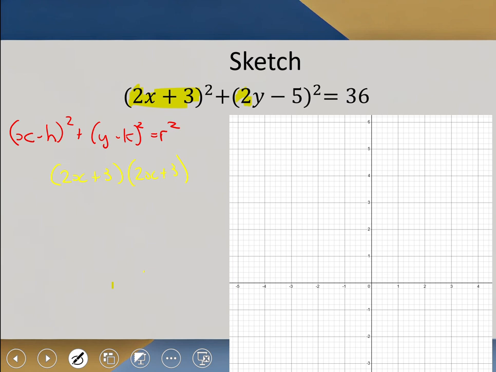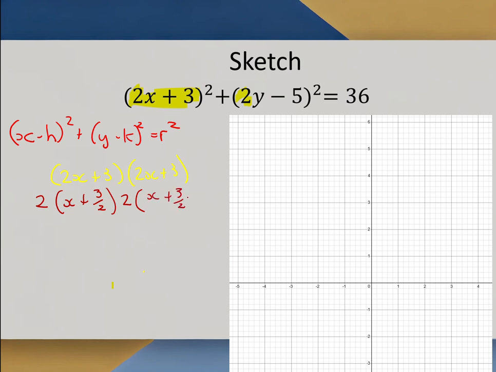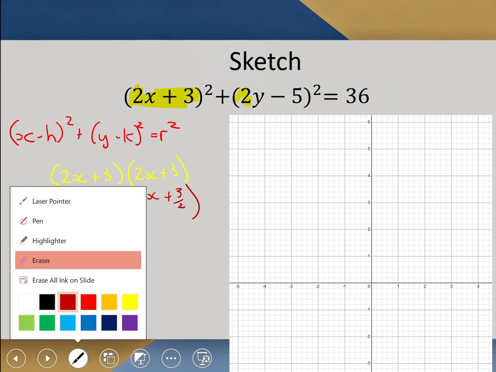I'm purposely writing it like this because if I take 2 out of the first bracket, and then I take 2 out of the second bracket, I know I'm putting it in the wrong form, but I'm just showing x. It's really got 4 out the front, so we're taking out the factor of 4. So if I erase this now,